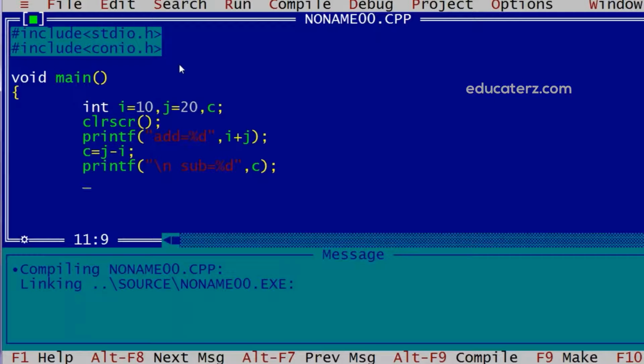Similarly we can have multiplication, that is using the star operator, i into j. Then we have the division operator, where we can have j by i.